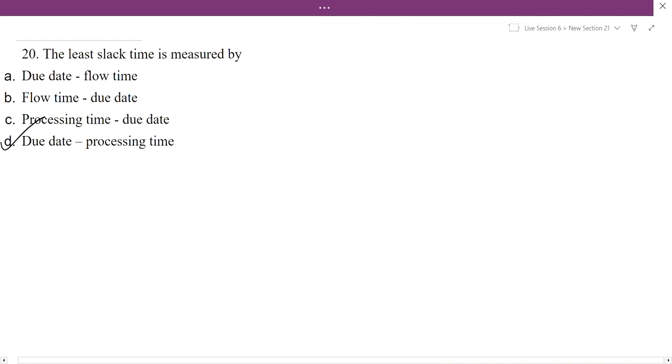So we discussed questions based on all the rules: least slack time, least critical ratio, earliest due date, shortest processing time, and this will really